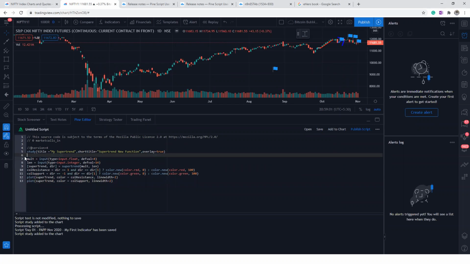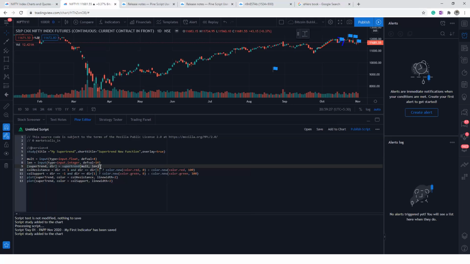What I had done, I created a variable called multiplier. The default value is 4. Generally, I'll be putting something like this: multiplier equal to 4. This is how I'll be using it. But I can create an input here, and then I'll say 4 is the value I'm going to collect here. And then length, I'm saying length equal to 14. And then I'm creating a tuple here. The tuple returns